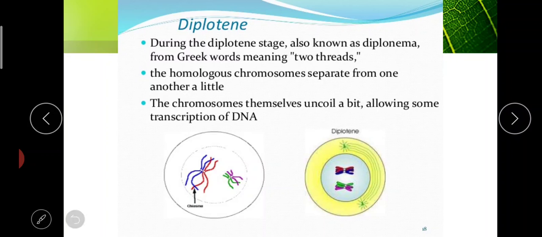Next is diplotene. Here each individual chromosome of each bivalent begins to split longitudinally. In pachytene they begin to separate and crossover, and the segments interchange. In diplotene, they completely split into 2 similar chromatids. The homologous chromosomes repel each other and separate, and the chiasmata begin to move along the chromosome from the centromere towards the end, resulting in terminalization. So they will be completely separated.